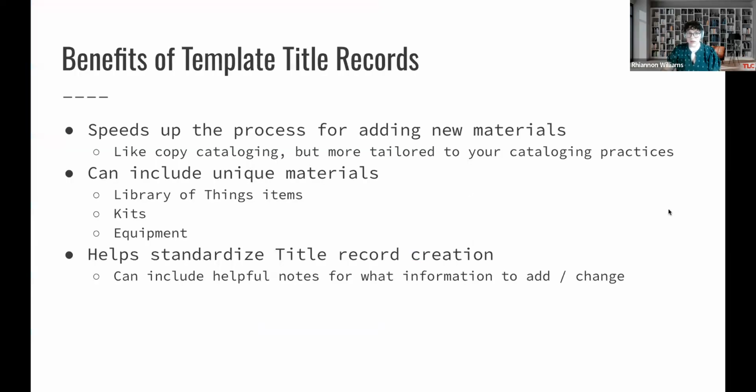So let's talk a little bit about the template title records and why they're useful. If you are familiar with traditional MARC editors, you may have used templates in the past if you were doing original cataloging for materials. Templates make it a lot faster for creating new title records. It almost mimics that copy cataloging process, but if you are doing original cataloging. Or it can also be useful for creating new versions or the next iteration in a series, for example,